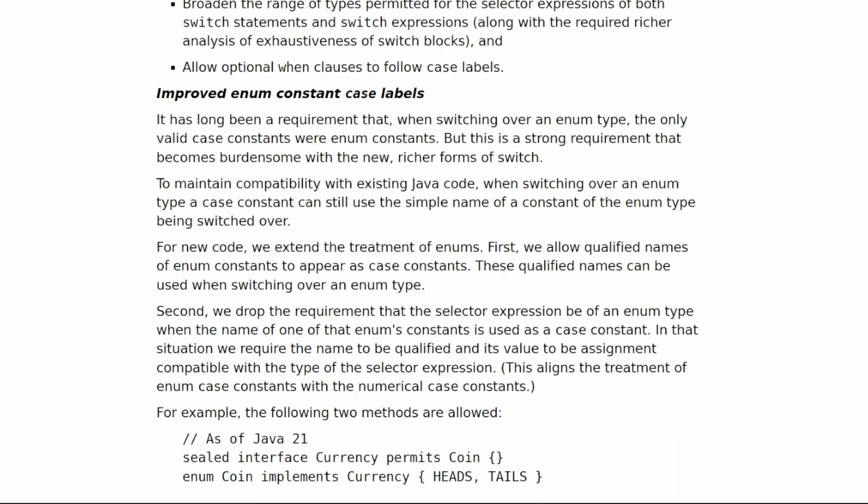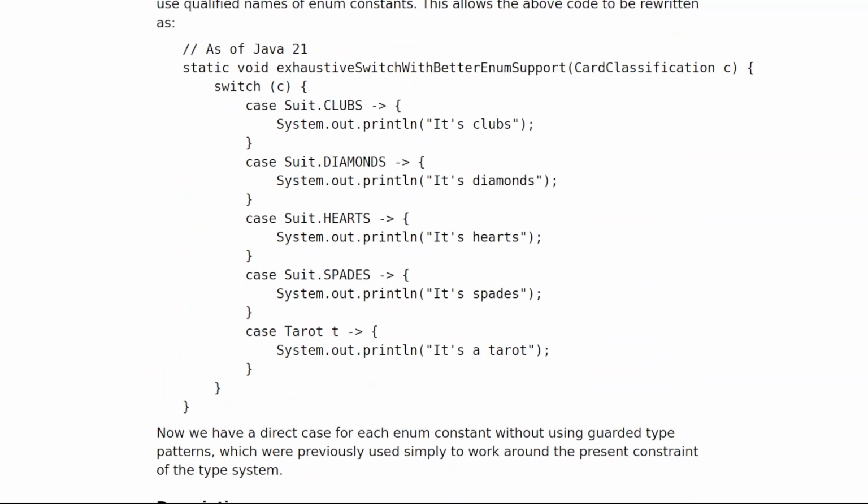static void exhaustiveSwitchWithBetterEnumSupport(CardClassification c) { switch (c) { case Suit.CLUBS -> System.out.println("It's clubs"); case Suit.DIAMONDS -> System.out.println("It's diamonds"); case Suit.HEARTS -> System.out.println("It's hearts"); case Suit.SPADES -> System.out.println("It's spades"); case Tarot t -> System.out.println("It's a tarot");